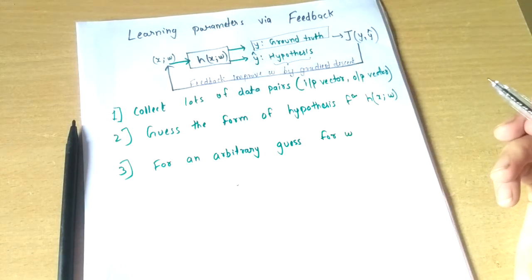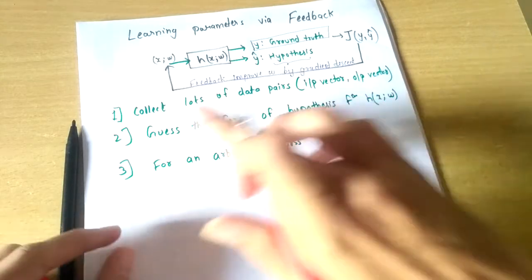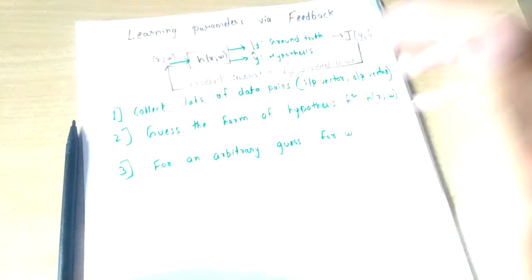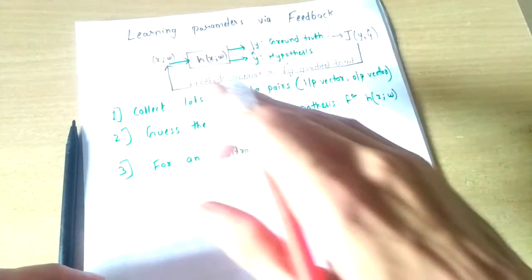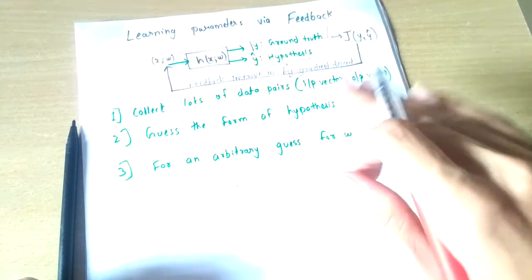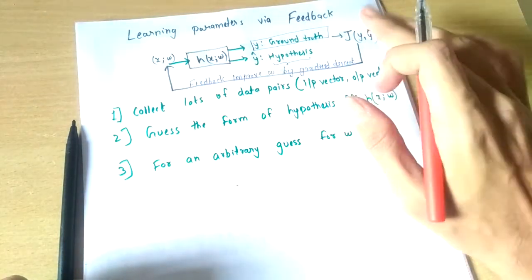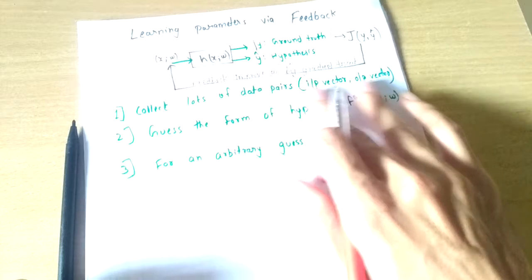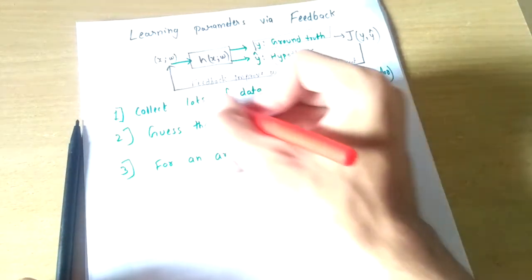So what are the steps involved? Again, I am saying, collect a lot of data pairs, because as we discussed, we already have input and output, and depending on that we decide rules, right? So depending on input and output, we have lots of data pairs. And why are a lot of data pairs used?